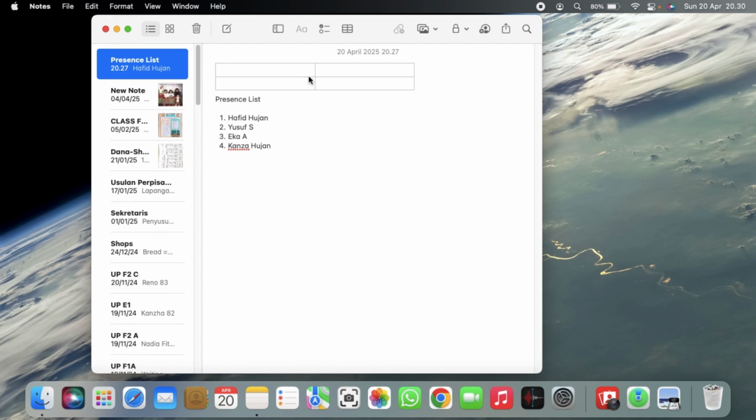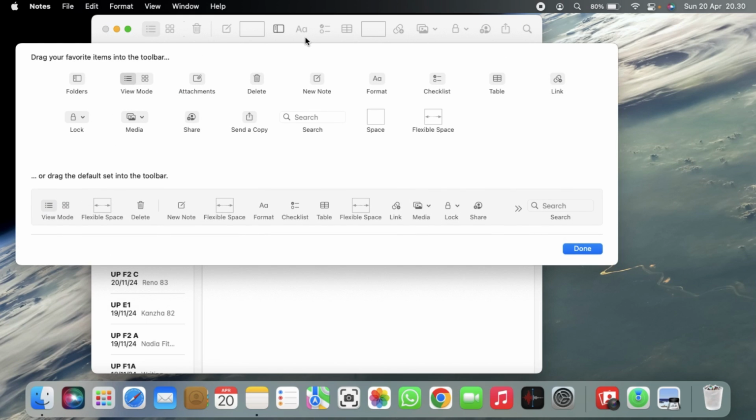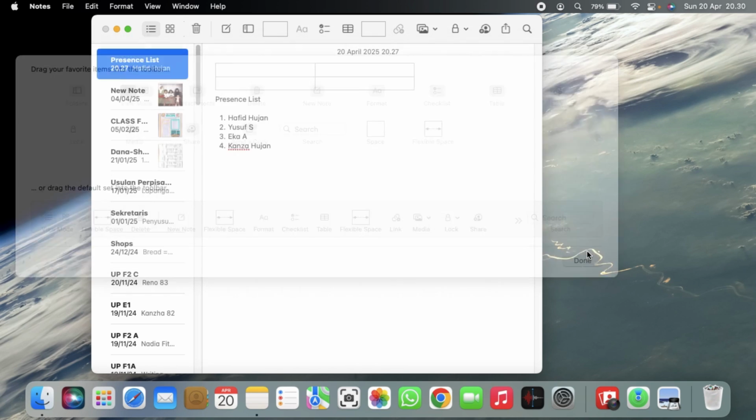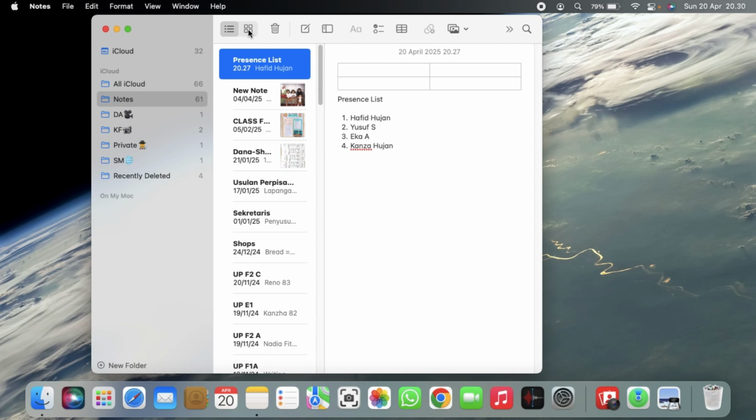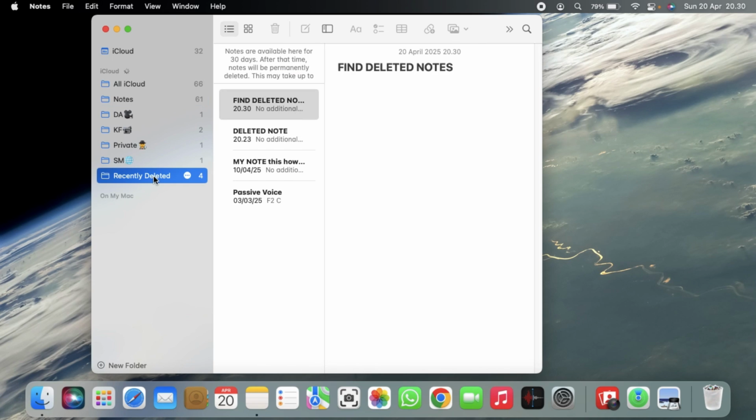To find it, you can open the sidebar on your notes, and if you can't find the sidebar icon, you can just right-click on the menu bar here, and choose customize toolbar, and you'll find there is an option, folder. You can just drag it and put it on the menu bar of the notes. Click on done, and you can click on the sidebar menu, and you'll find in here all the deleted notes